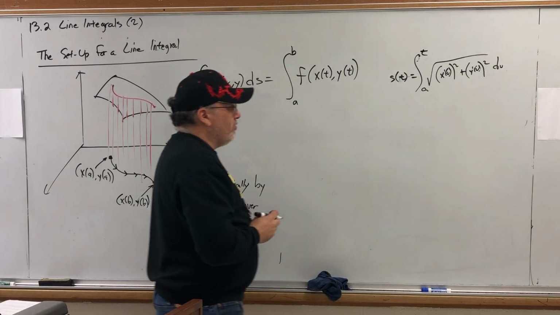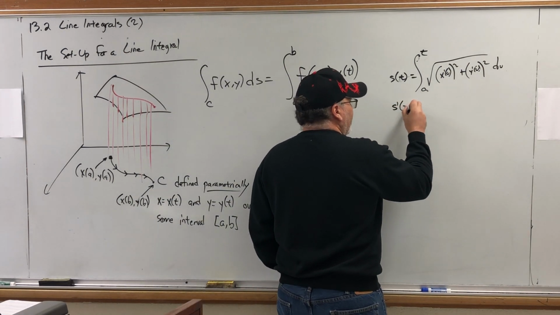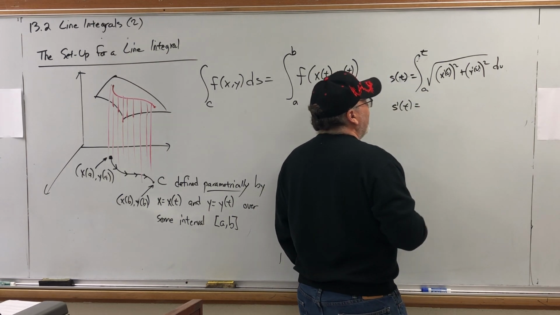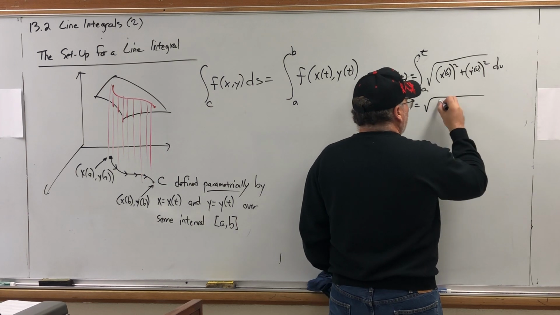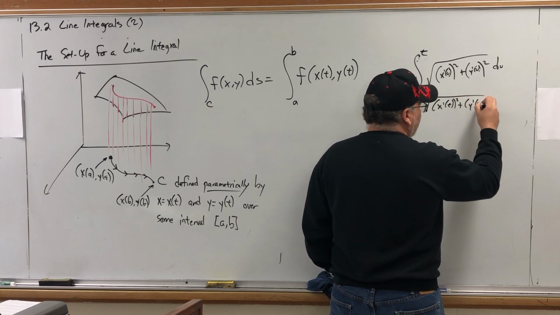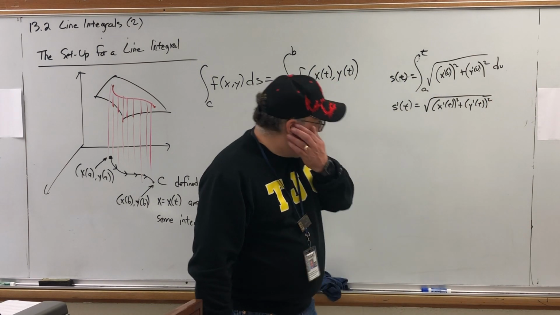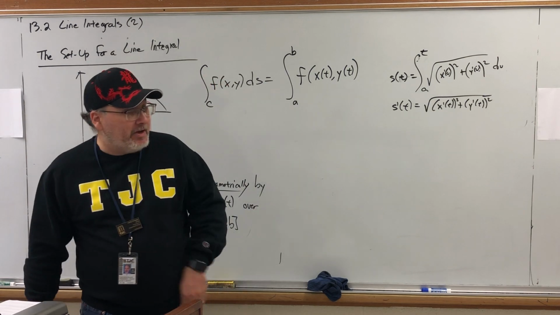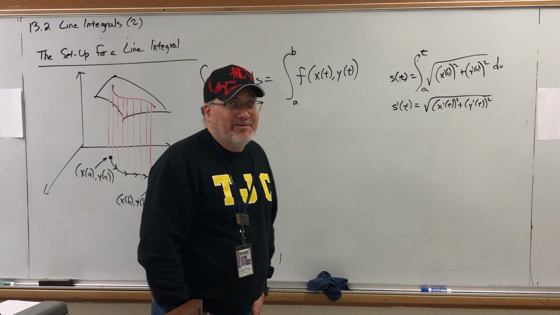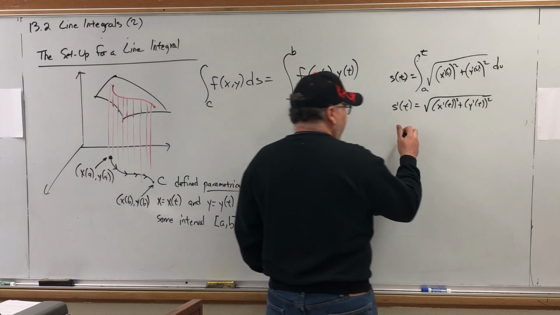And then by the fundamental theorem of calculus, we can take the derivative of both sides. So the derivative of the arc length function would be the integrand evaluated at the upper limit: square root of x prime of t squared plus y prime of t squared. If you're going, wait, what? I would go back and review arc length back in 9.2, but at this stage in calculus, I have to take some things for granted. So what does that get us here? Well, this is really ds dt,